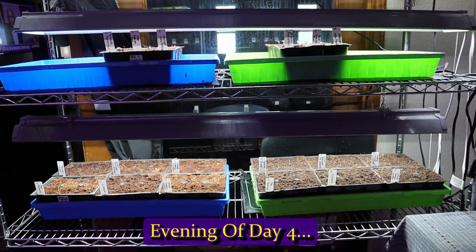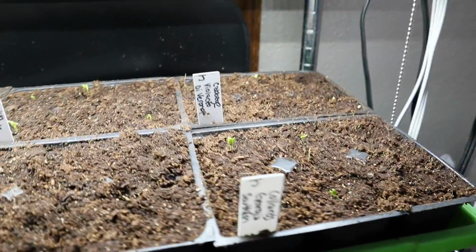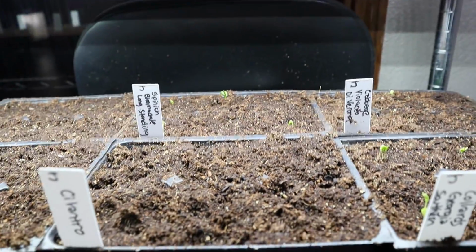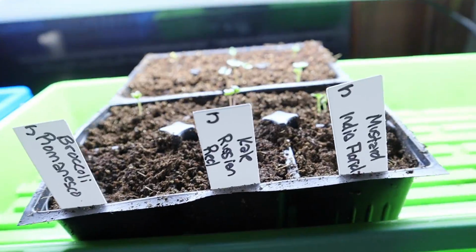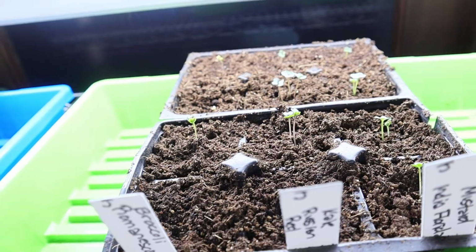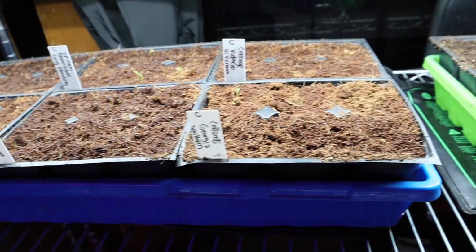Okay, here we are, the fourth day in the evening, and on the Jiffy side we got quite a bit of the collards coming in, and some cabbage, and some spinach, and some red romaine. Still on the Jiffy side, just up top, the mustard, kale, and broccoli Romanesco has a few coming in. We're over here on the Cococoir, and it has collard,